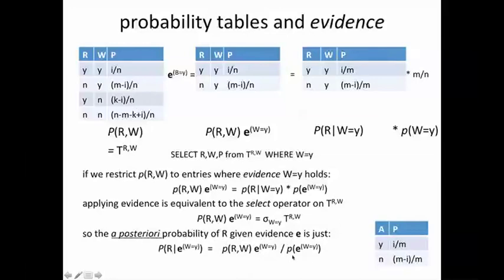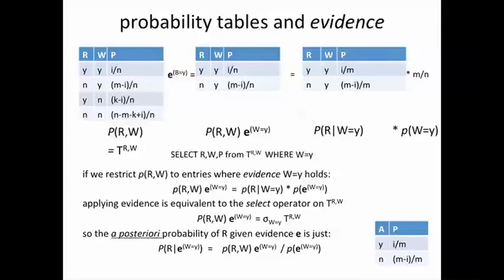Notice that if we did that division, we get exactly this table, which is exactly what we wanted, which is the a posteriori probability of R given W equals yes, which is different from the probability of R in general. We'll work out an example in a short while, but for the moment, just notice that